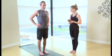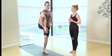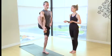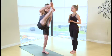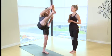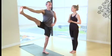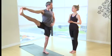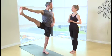So Sean, taking the weight onto your left leg, picking up the right foot, hooking the big toe with the first two fingers, extending the leg out in front, exhaling chin to shin, taking 5 breaths here, and then inhaling up, exhaling the leg out to the side, taking the gaze over the opposite shoulder, and taking 5 breaths here, and then we'll inhale back to the center,